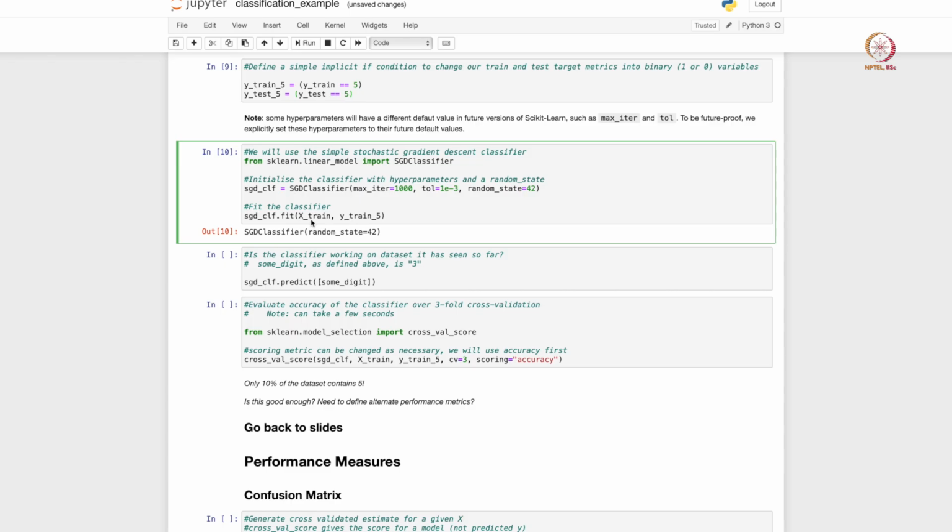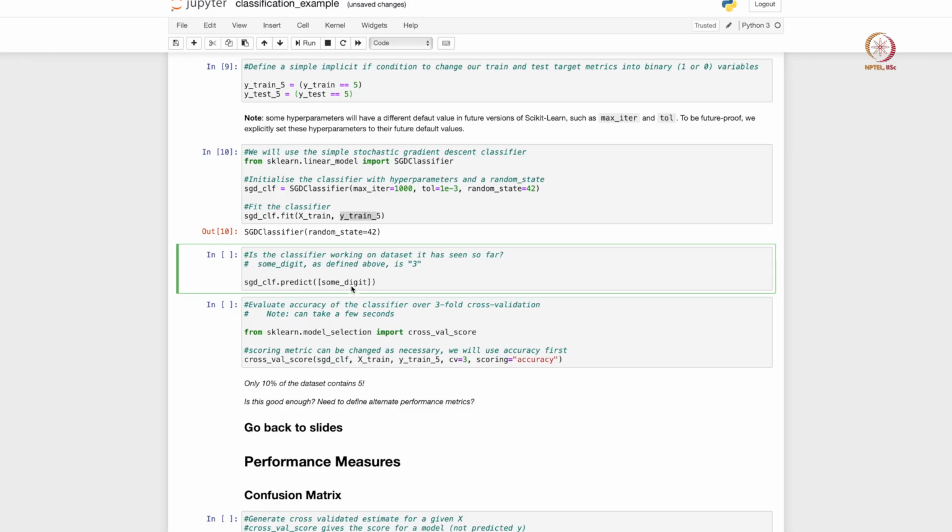The fit function again takes x comma y. So x train is all our 28 by 28 pixel images, which are basically arrays of numbers, and y train underscore 5 is our modified target value, which has ones and zeros corresponding to whether the target is actually 5 or not 5. So we have fit our model, so the model is already trained.